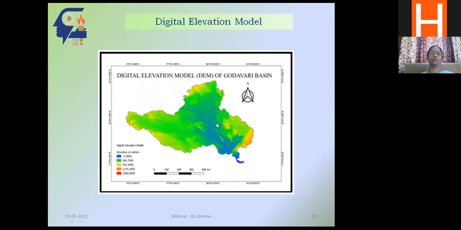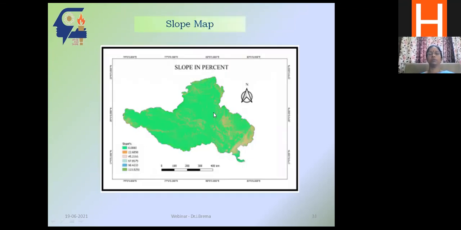So you could see, and I think most of you are familiar with this, this shows the digital elevation model of the basin. This is what I was talking about as DEM. So the yellow or red color portions represent the higher elevation, and you move towards lower elevation, and this is the lowermost elevation, the blue color ones. So this is your main course of the river. The drainage lines come like this. So based on this digital elevation model, the slope of the basin was estimated. So with the raster map, we could make this.